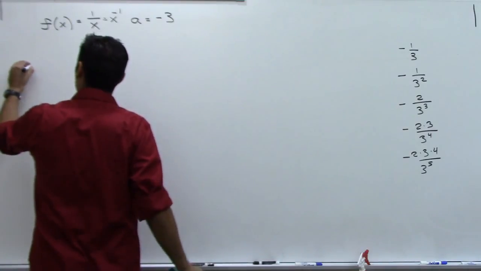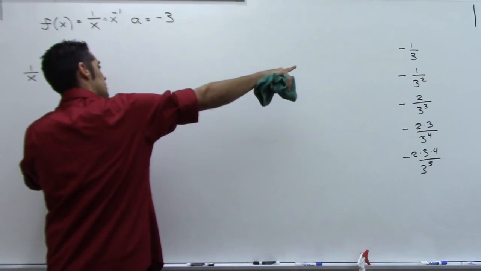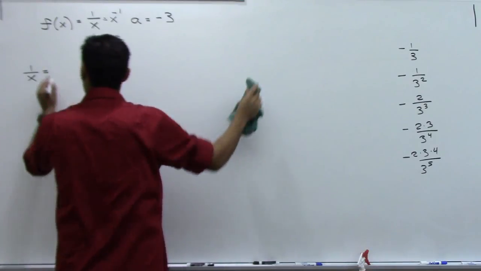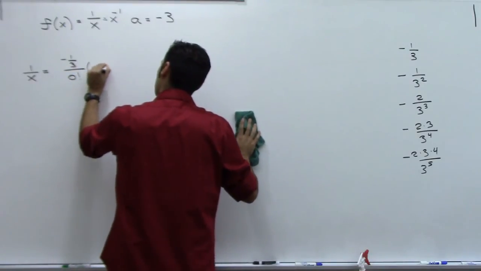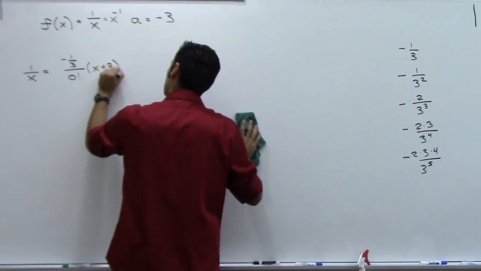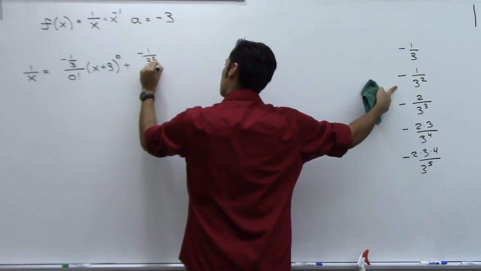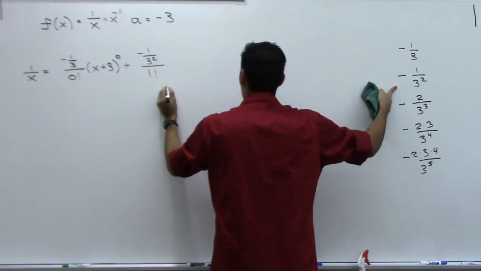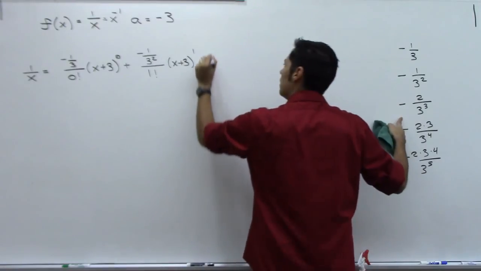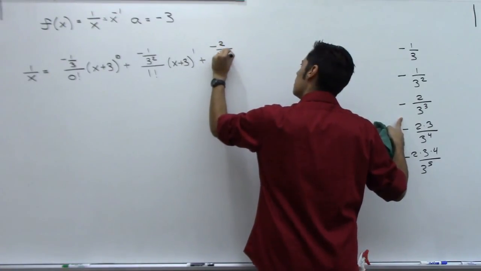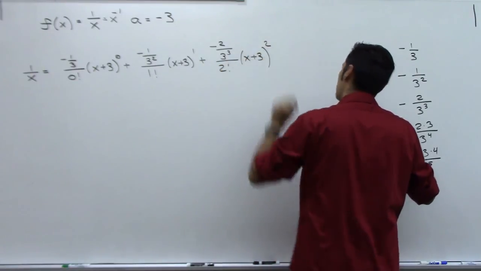So my Taylor series for this, 1 over x, should be equal to the 0th derivative at negative 3, which was negative 1/3, over 0 factorial, and then x minus negative 3, which is x plus 3 to the 0, plus, now again, negative 1 over 3 squared over 1 factorial, and then x plus 3 to the first, and then plus negative 2 over 3 cubed over 2 factorial, x plus 3 squared, and